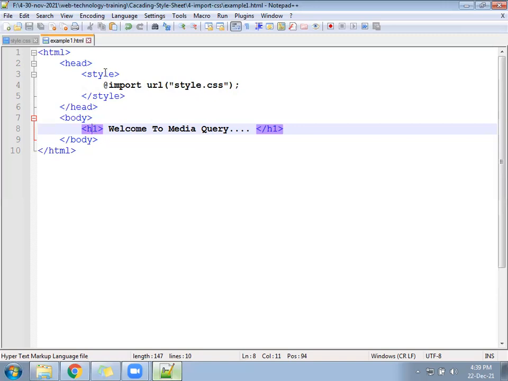Okay, then go to the CSS file, the style.css file. We are going to write the media query and understand in different devices how we can change the structure of the page. How to identify a person has opened the page in a mobile phone, in a laptop, in a desktop, in what kind of device? That we are going to understand through the property called media query. It's a part of CSS.